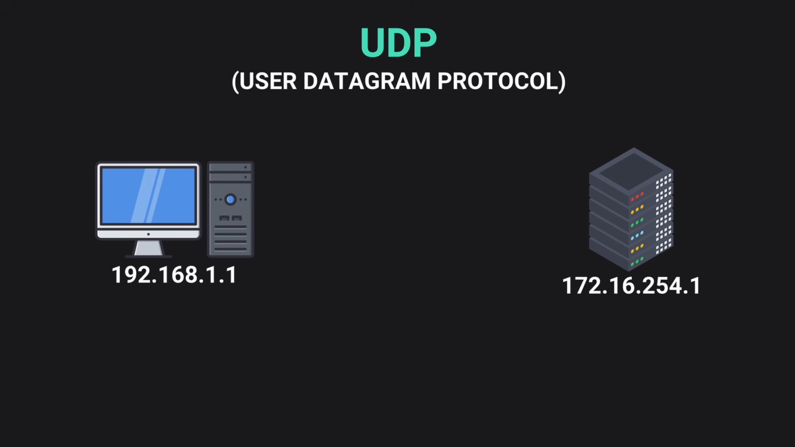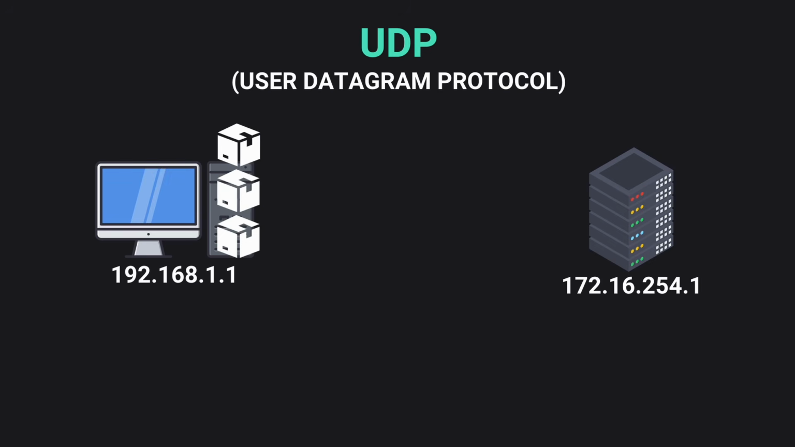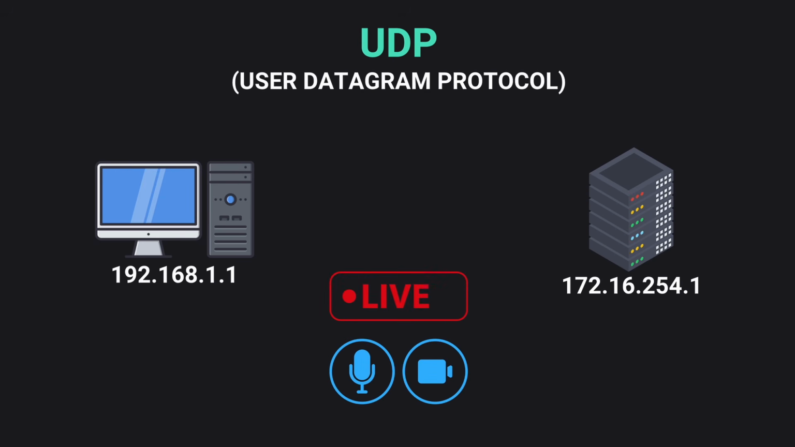In contrast, UDP is faster but less reliable than TCP. It doesn't establish a connection before sending data and doesn't guarantee the delivery or order of the packets. But this makes UDP preferable for time-sensitive communications like video calls or live streaming, where speed is crucial and some